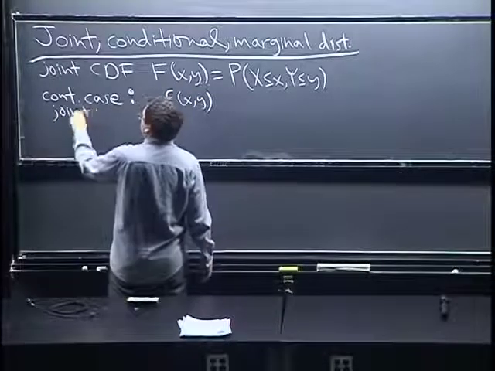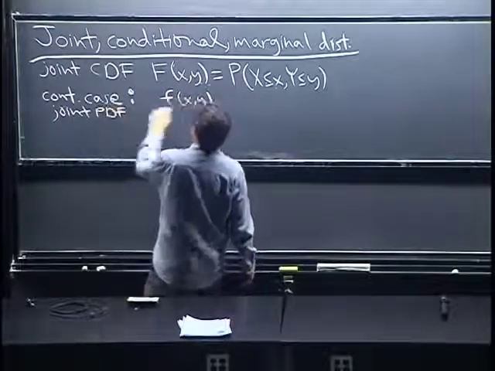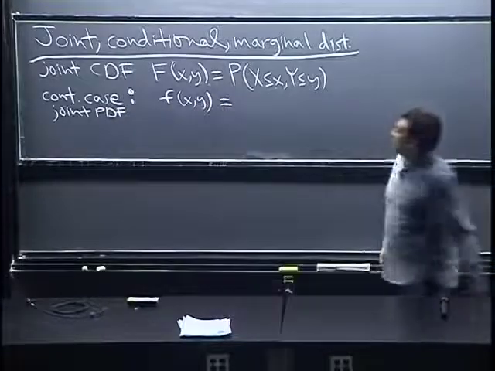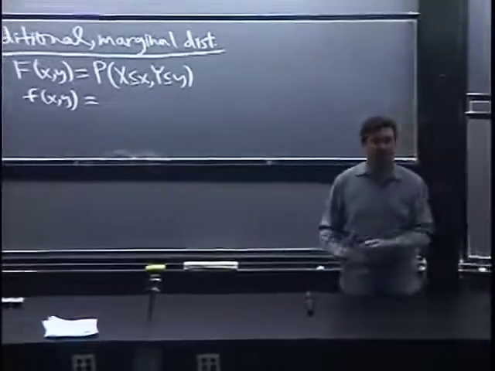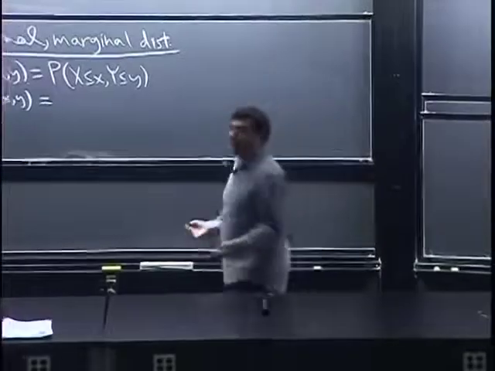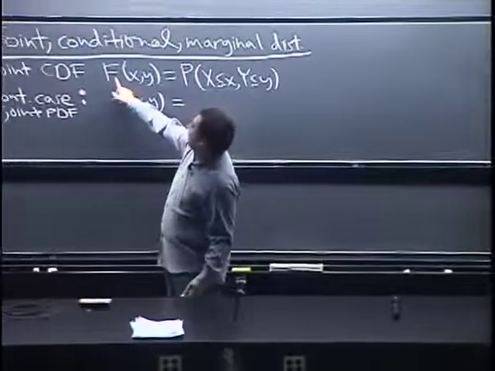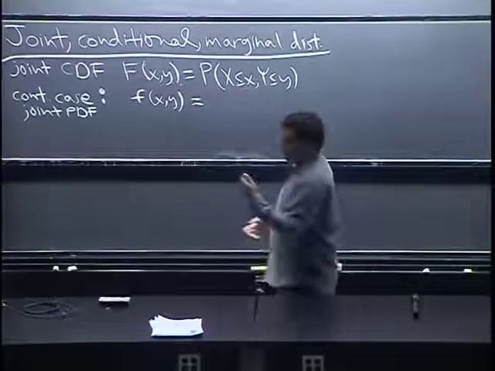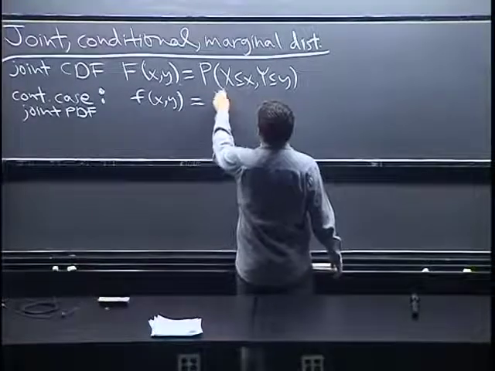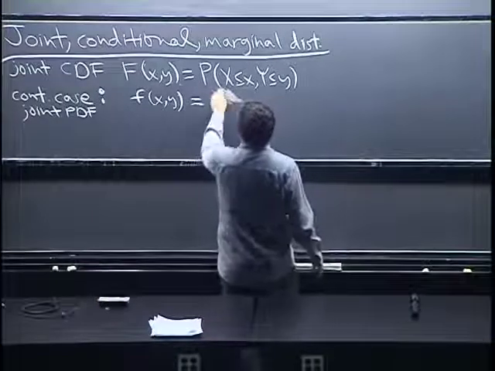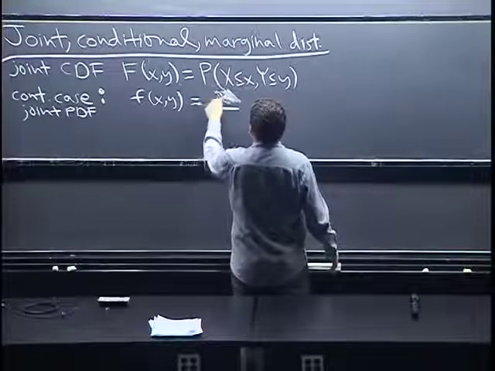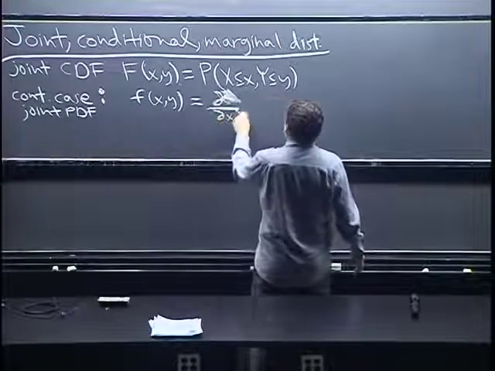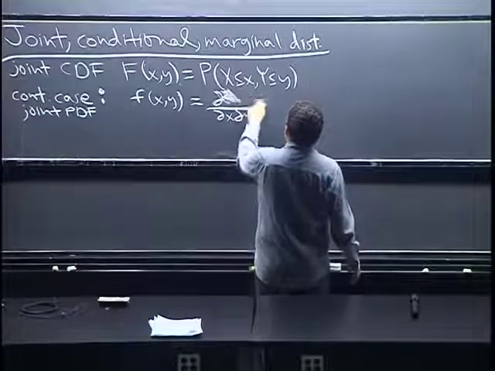It's analogous to the one-dimensional case, where we take the derivative of the CDF to get the PDF. In this case, we take the derivative, except that it's a function of two variables, so we're going to take two partial derivatives. And so I would write it as d squared dx dy of F of x, y,